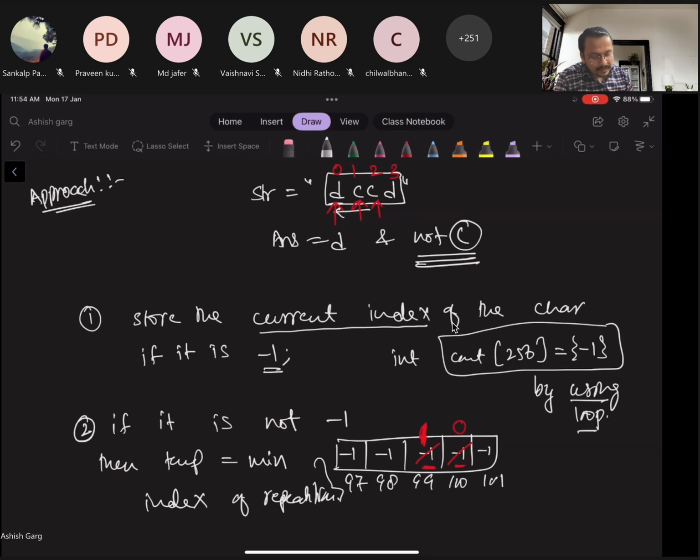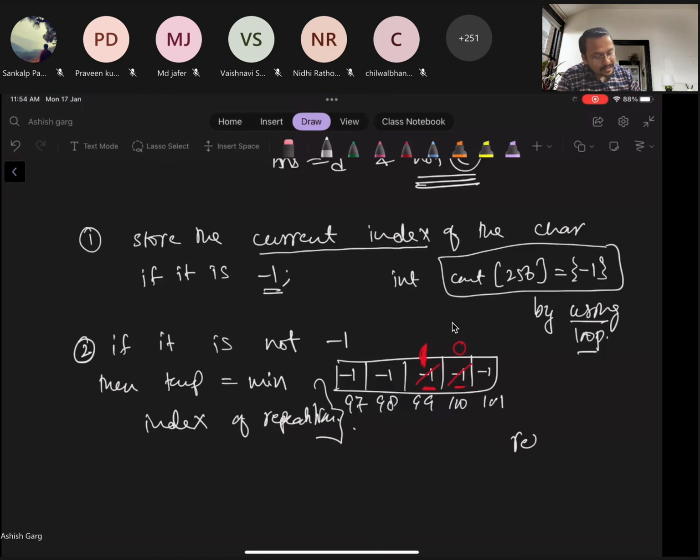Let's say temp is my answer. I have initialized temp to int max, which is the maximum integer value in C++. Whenever it is not -1, I assign temp the minimum of temp and the index of repetition.